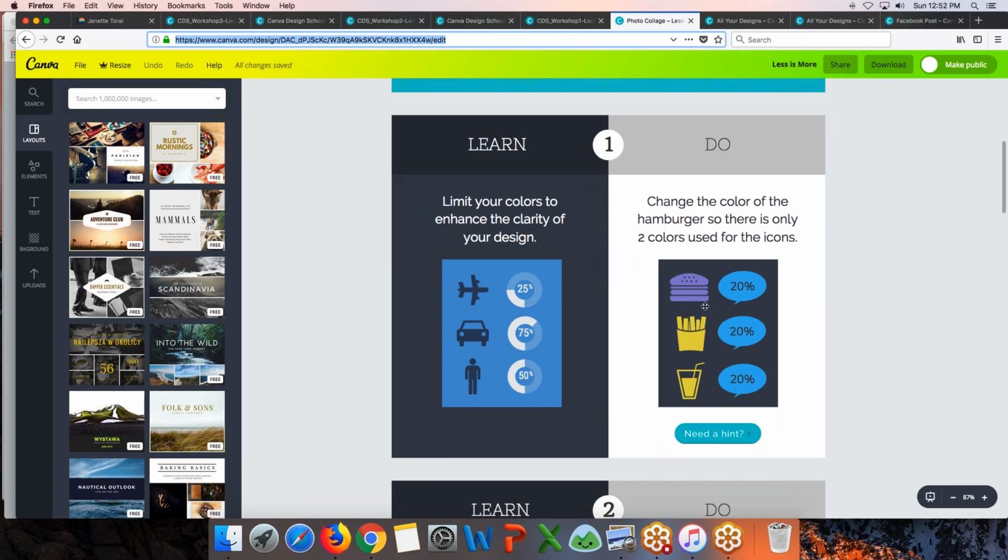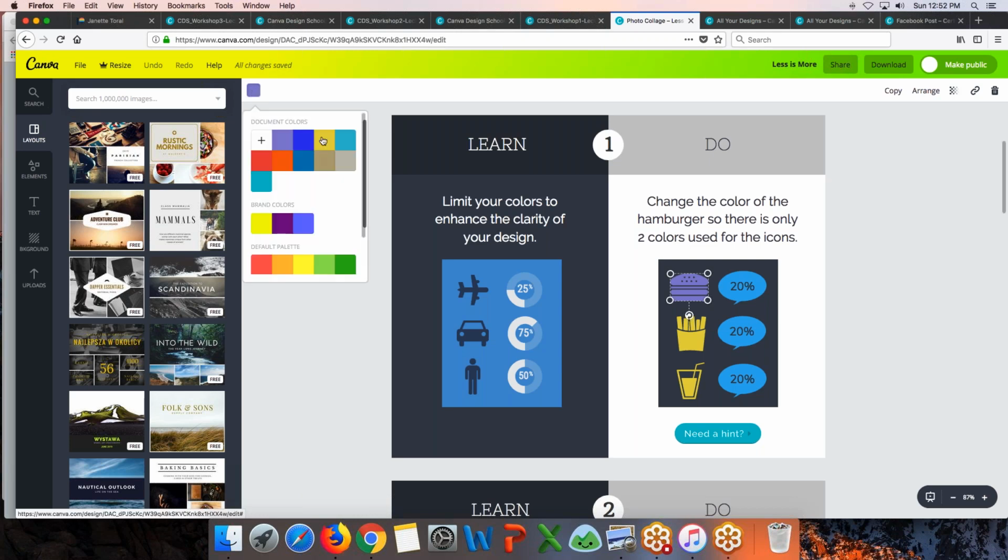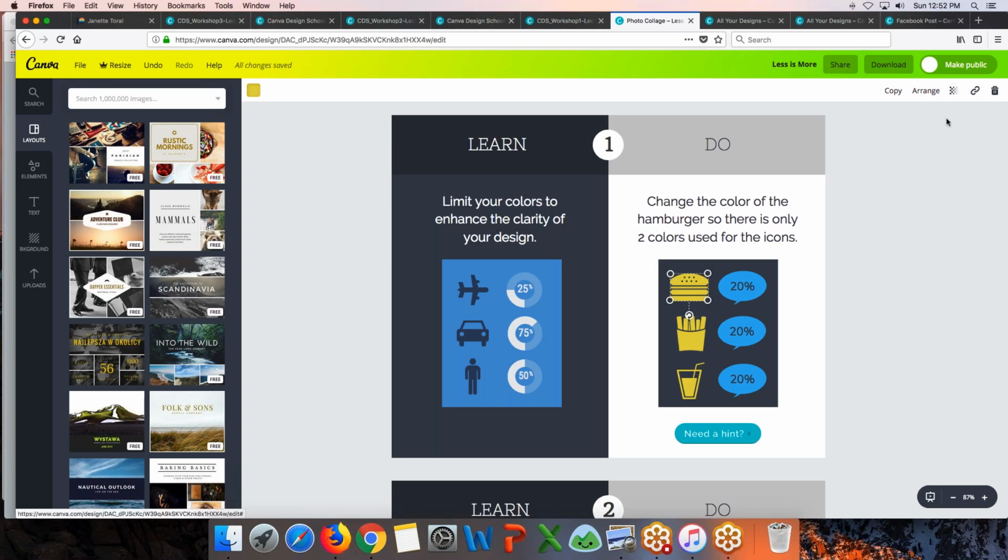So, sabi dito, change the color of the hamburger. So, there is only 2 colors used for the icon. So pwede natin palitan yung color ng hamburger. Ano ba yung ginamit yung kulay dyan? So, we hope nandyan yung color. Ayan. So, ibig sabihin, parang ang point dito, pag masyadong maraming colors yung image mo, pwedeng yung audience mo, ma-distract siya. So, as much as possible, ang sinasuggest ay dapat hanggang 2 colors lang siya para at least yung tumitingin ng graphic, hindi siya nai-intimidate pag masyadong marami siyang nakikitang colors dun sa